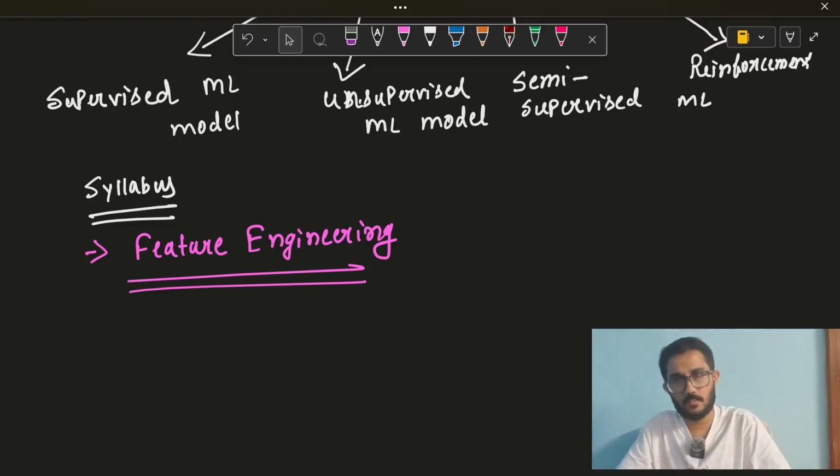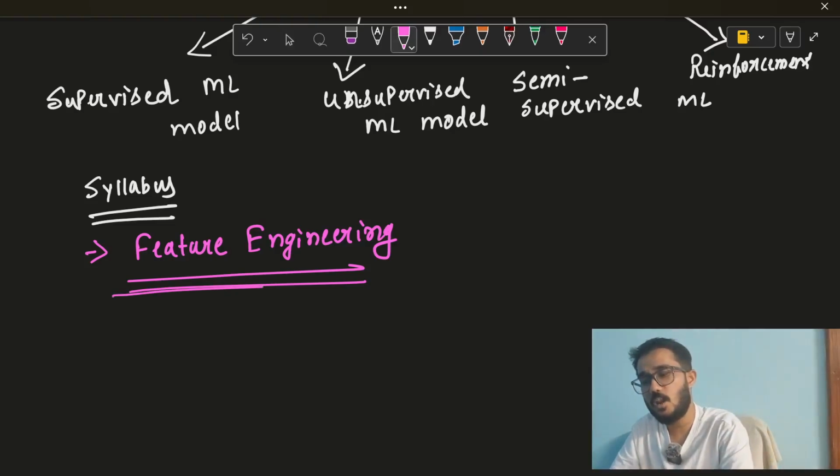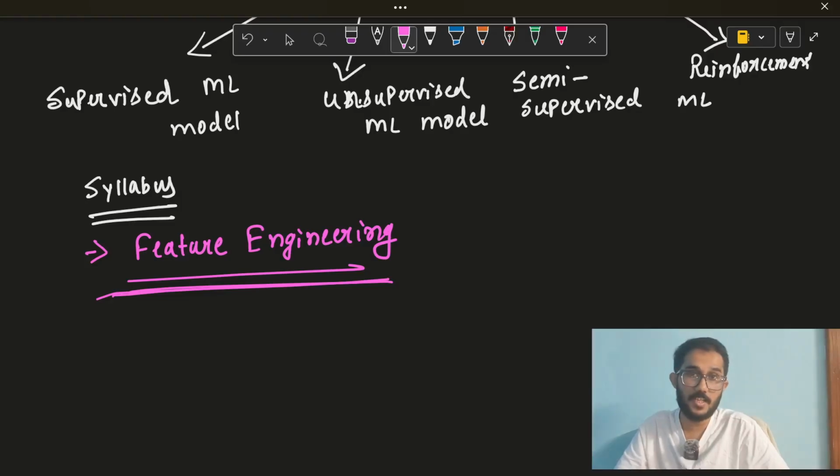We will see that afterwards. We will take a lot of time in doing these feature engineering techniques. Now there are four feature engineering techniques. We will learn it later. But as of now, just try to understand that we will take a lot of time in doing the feature